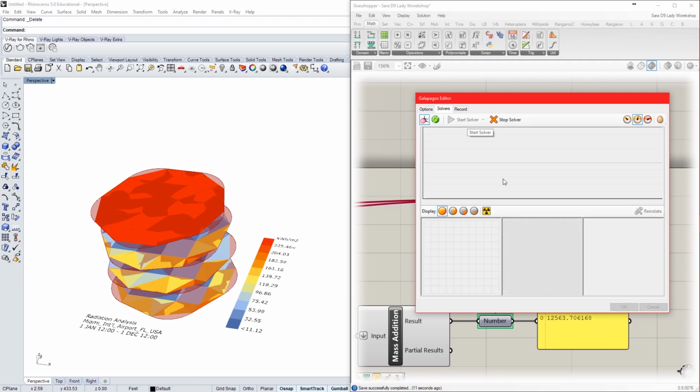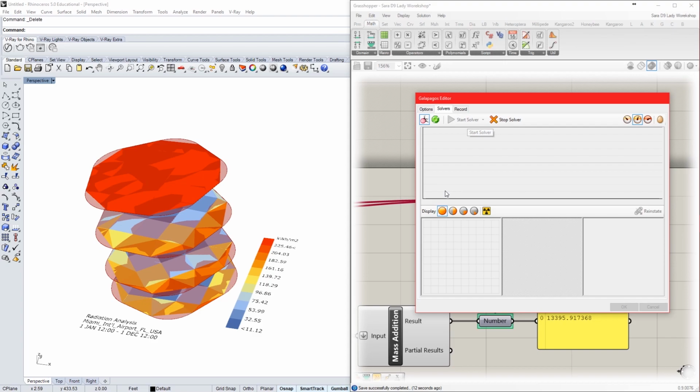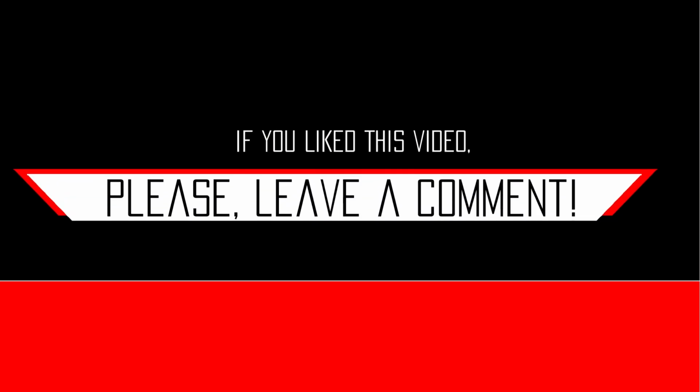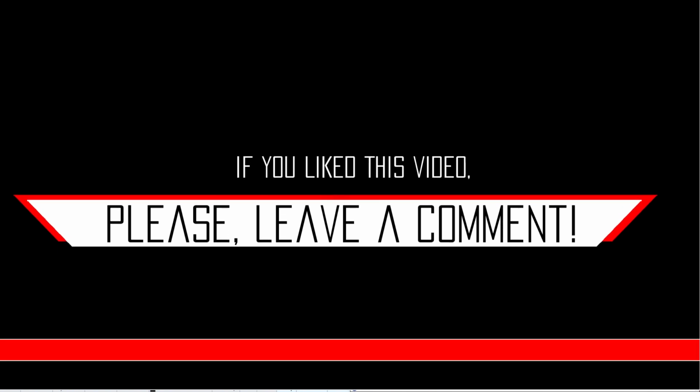So I'll hit start. All right, and what you'll see here, once it starts gathering some results. So remember how long it took for it to calculate that radiation, right? That's basically what you can expect for it to take to calculate every possibility, right? So if you're going to go through like 50 possibilities, you might as well just leave your computer overnight calculating this thing. And the next morning you can review all the results and the best ones and then use that in Revit, right? In this case,